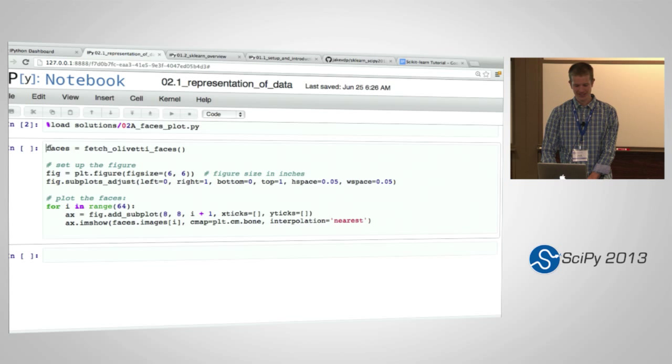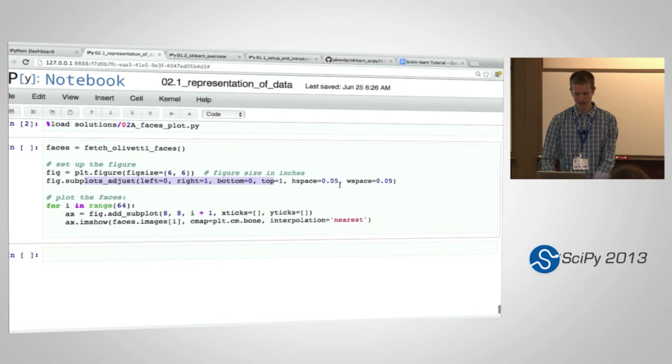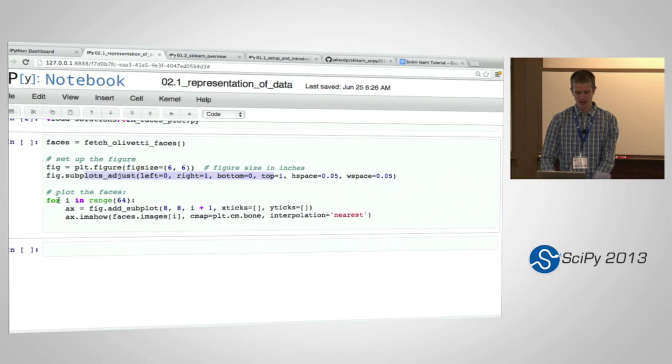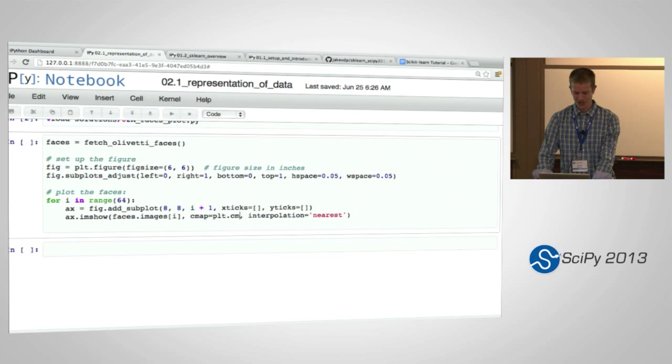I used faces equals fetch_olivetti_faces. And remember, this is a function, so you need this open close parenthesis at the end there to actually get the data. I drew a figure just like above. I adjusted the subplots just like above, and then looped through the first 64 images, added a subplot, and then showed the ith face. And let me just show you, if you use the default color map,